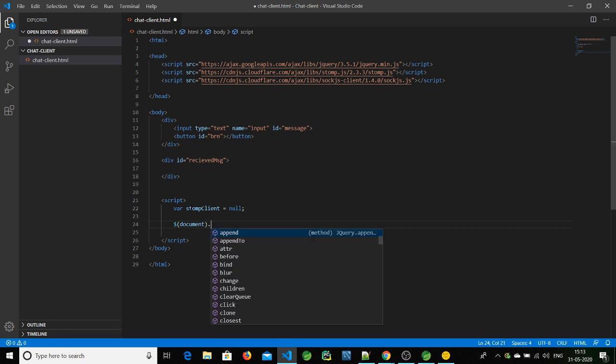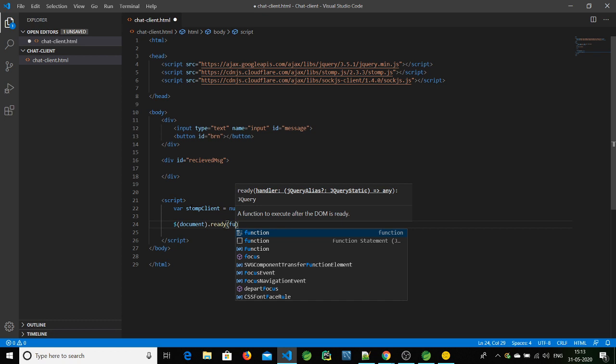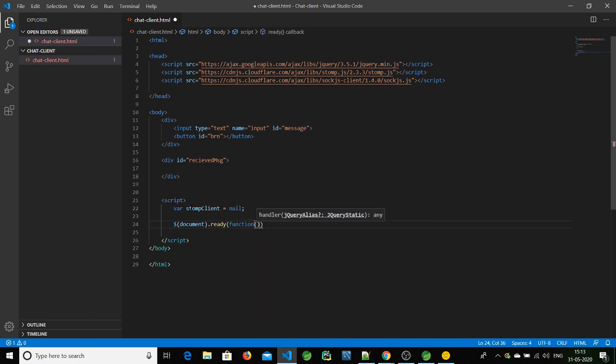In that case, we'll do all the operations. So let's create a function on load, and here we'll create a function to create the connection. So let's create the function createConnection.